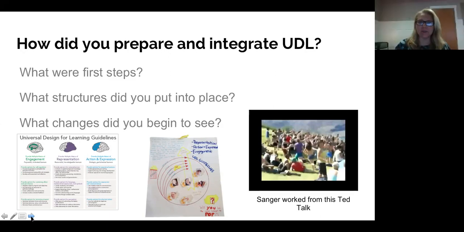Well, we kind of started things congruently. So starting with coaching up and helping our administrative team understand what universal design for learning is, how it fits into our district goals that we have built on for the past 10 years, that this was a means for us to achieve those goals. Congruently running out with the pilots, and it's nice to hear that great minds think alike, because we were running